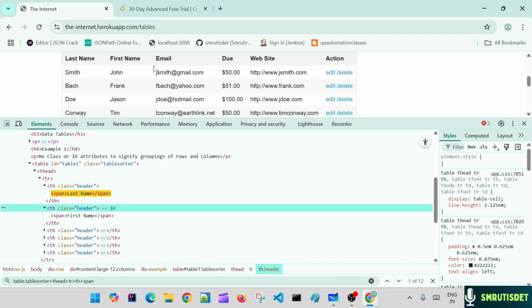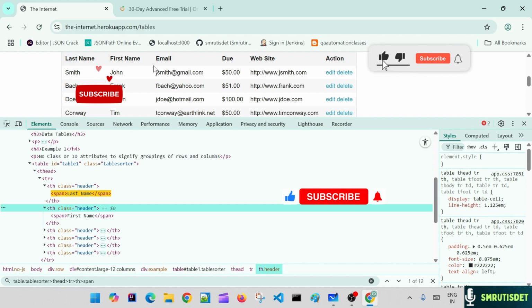So 1 2 3 4 5 6 for table 1, again for table 2 there are 6 more. So if you write such a CSS, it will identify 6